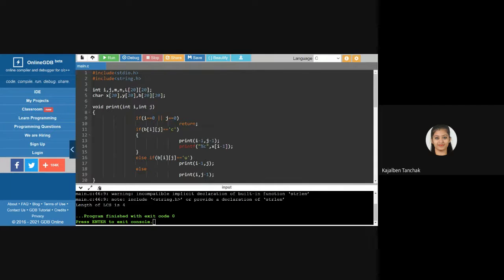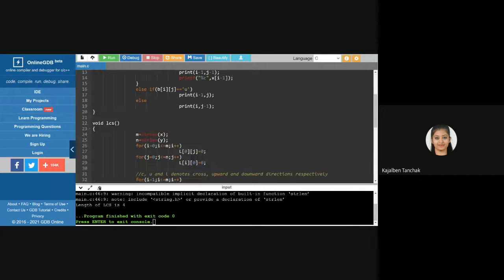Fine. So initially I will define the two loop variables i and j, and m and n. The length is 2020 by default, I have taken. We will take character arrays x and y with length 2020. One b of 2020, which means we will keep one table for arrows. And L is for length or characters. To store the length or characters, we will use this L table. In the b table, we will store the arrows.